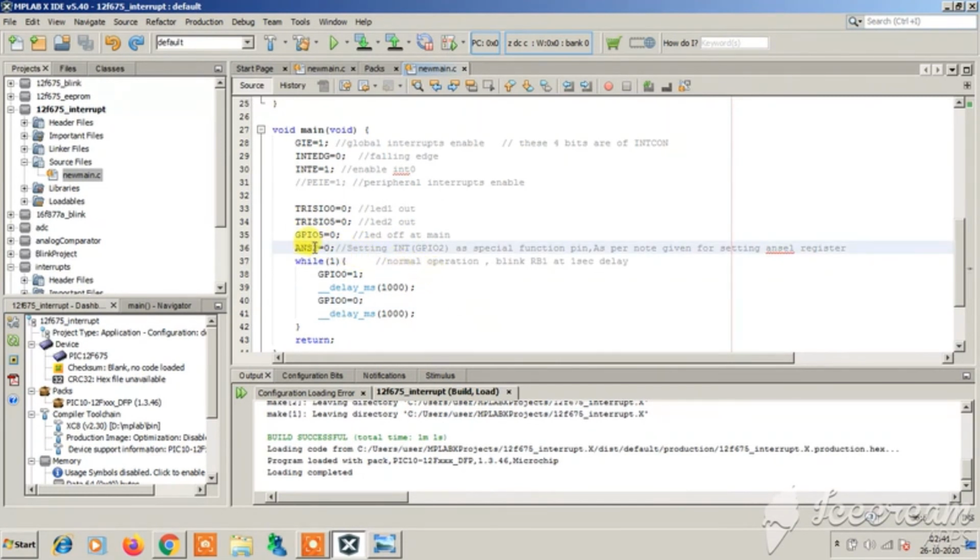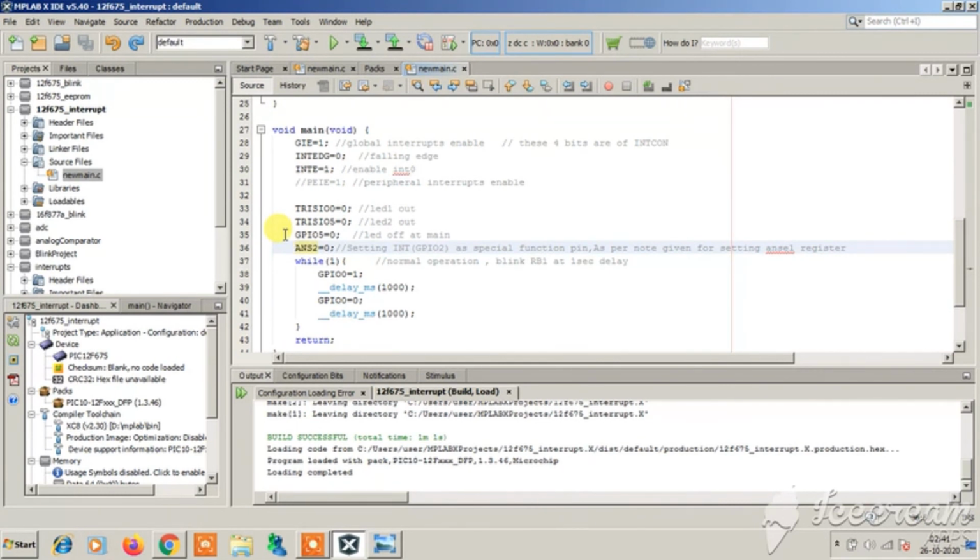So this is actually the point of difference in this microcontroller. You have the ANSEL register. So you have learned a lesson here: never copy and paste any code for any other microcontroller. You will not get your desired requirement. Copying and pasting the code for another microcontroller may not end up with your code working. In this example you have seen that you have this ANSEL register to select between analog or digital or special functionality. This ANSEL register was not present in the 16F877A.